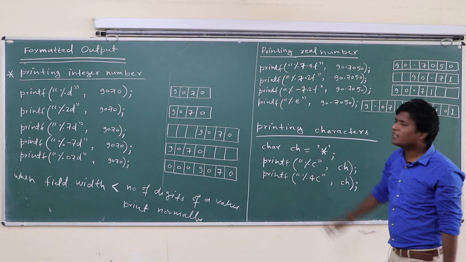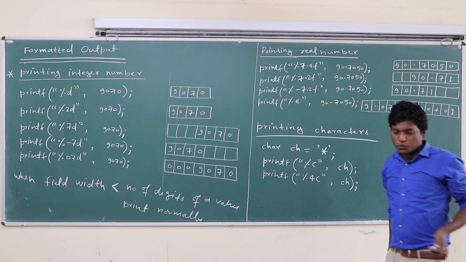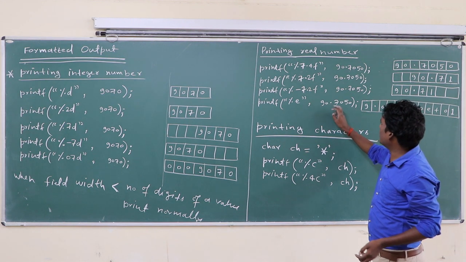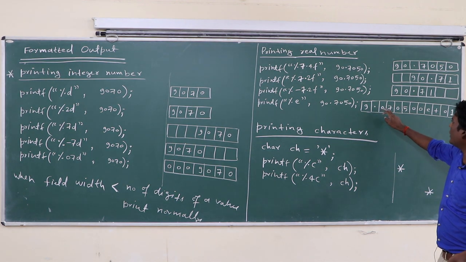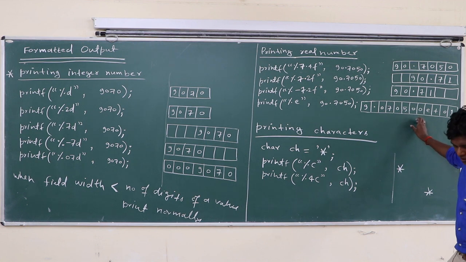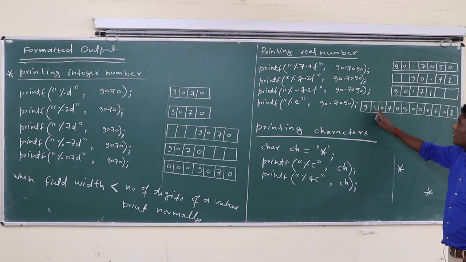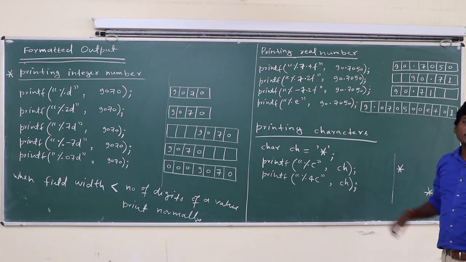Okay, here is a %e. %e prints the real number in exponential form. So this number in exponential form will be 9.070500e, because %e prints the real number up to 6 decimal places. So after the decimal point there are 1, 2, 3, 4, 5, 6 places. That's why the extra 0 is here; the extra 0 is added to make it the 6th place after the decimal.